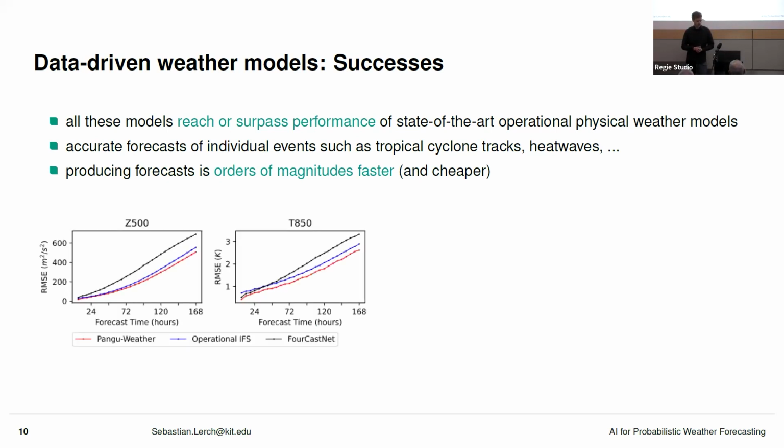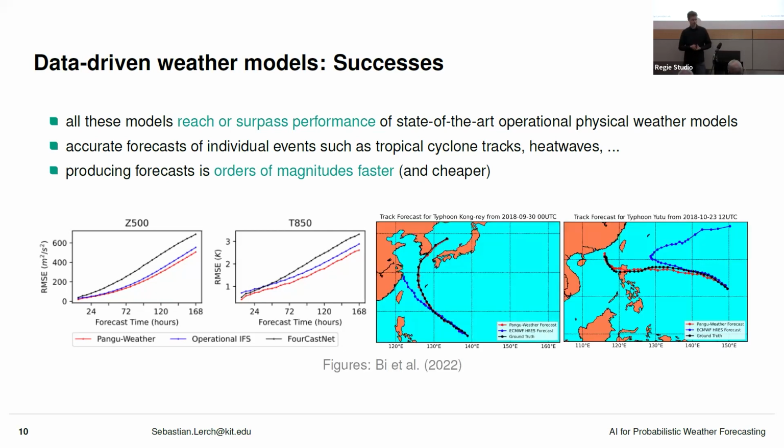For the results, I brought you two examples from these Pangu-Weather papers. So here is the RMSE, a measure of forecast error, for two meteorological variables. And lower values here indicate better forecasts. Red is the AI model, Pangu-Weather. Blue is the IFS model, which is the physics-based model of the European Centre for Medium-Range Weather Forecasts. So lower values are better forecasts. So you can see that the red line indicates that the Pangu-Weather model is better at predicting these two variables on average.